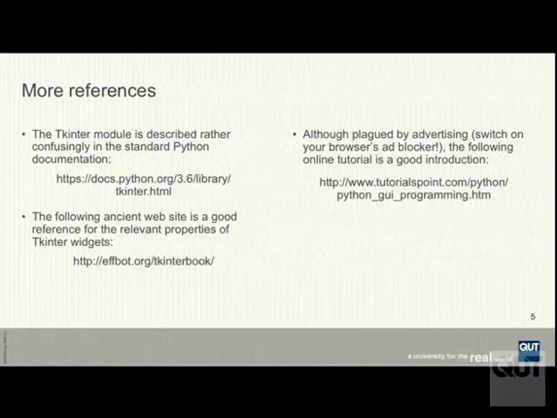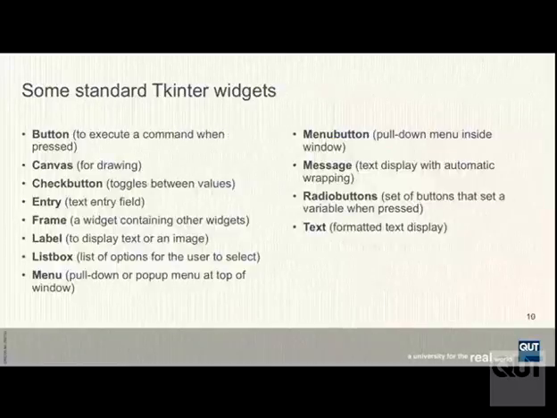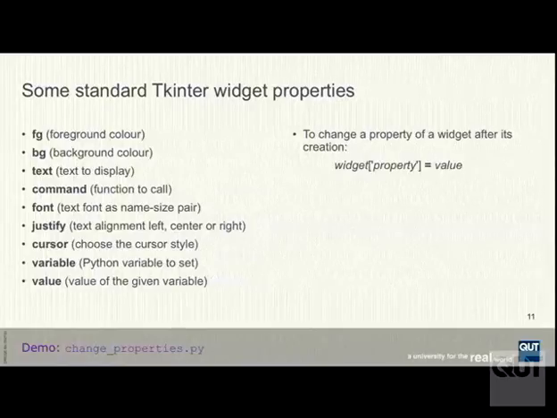It's really helpful to be able to look that up very quickly. So they're the standard widgets, plus many more. And so there are standard properties as well, but not every widget will have all of these properties. And one of the frustrations of playing this game is you can never remember which properties are associated with which widgets. But some of the ones that would be common to most widgets are things like FG for the foreground colour, BG for the background colour, text, if the widget has text associated with it, what text do you display,